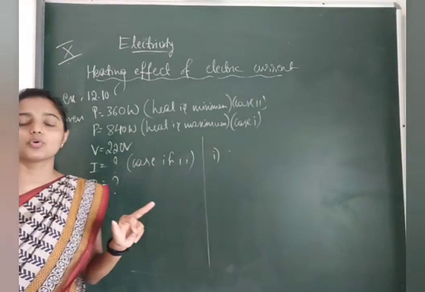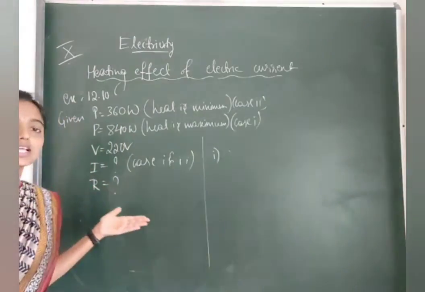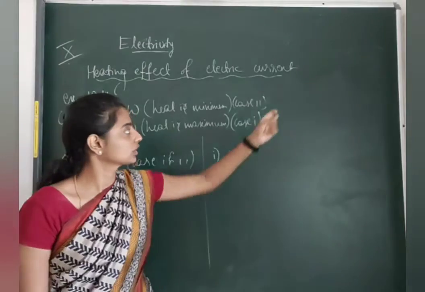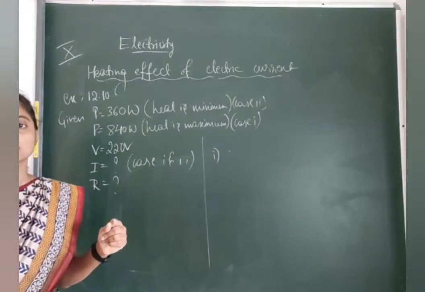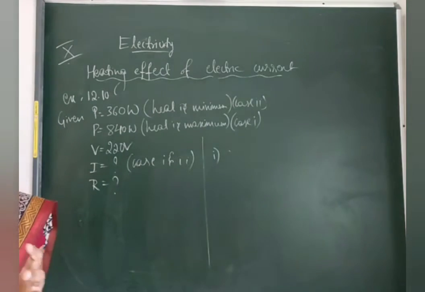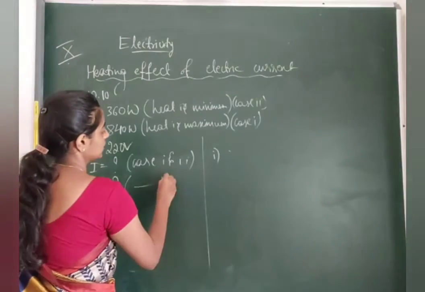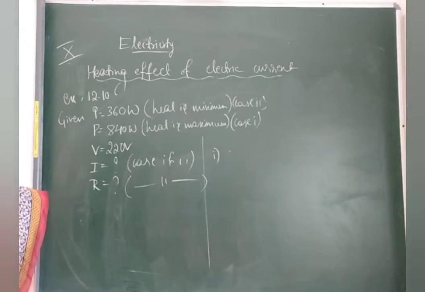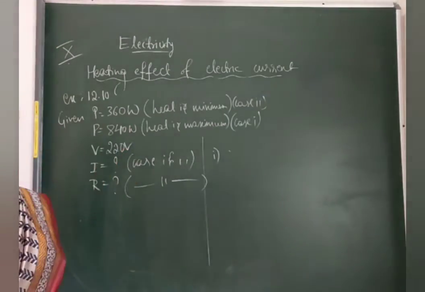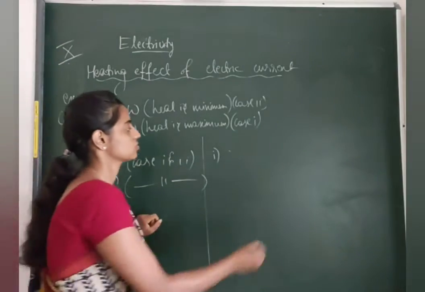So next diagram, for both we have the same voltage, that is V is equal to 220 volt, and they are asking us to find current in both the cases, that is case 1 and case 2, and resistance. So this is how you need to analyze the question, and again resistance also, same thing in case 1 and case 2. Now here first and foremost P they are given, V they are given, and what we need to find out? I, right? So what is the basic formula?